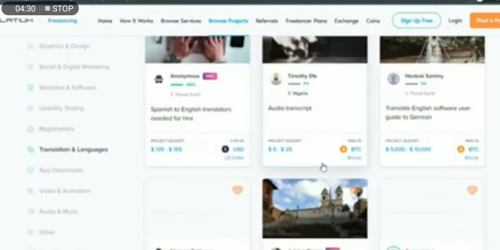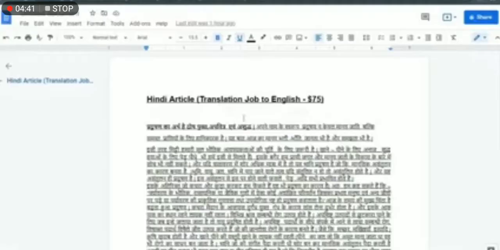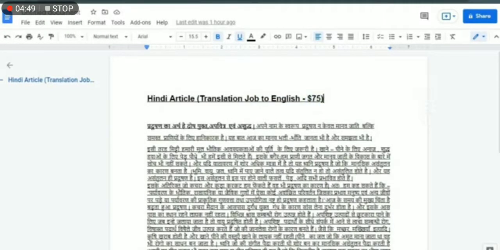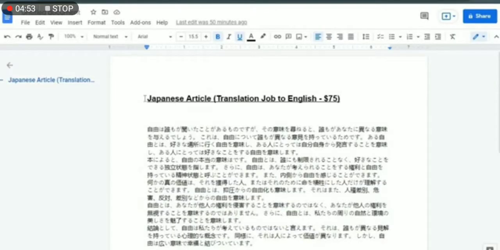For example, you might receive Hindi articles, as you can see here, and you want to translate your job from Hindi to English, and then you can earn $75. And there are some projects that they want you to translate from Japanese, and you have to translate from Japanese to English, and then you can earn $75. So once you've completed